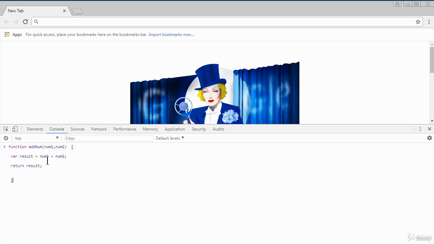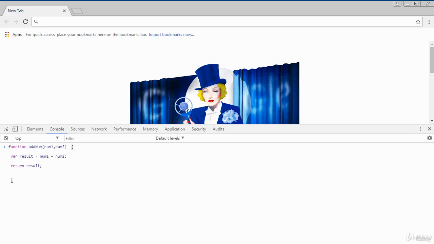And then if you've got any arguments, you pass them inside the parentheses. If there's more than one argument, you separate them by a comma. You can see here num1 is an argument, num2 is referred to as an argument. And once you specify the arguments, if there are any, inside the parentheses, then you have the curly braces. You've got the opening curly brace here and the closing curly brace. And in between the curly braces is the block of code that has to be executed when the function is invoked or called. Notice here I've also got a return